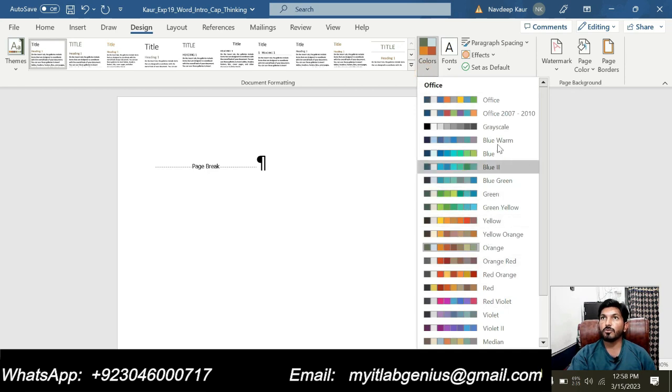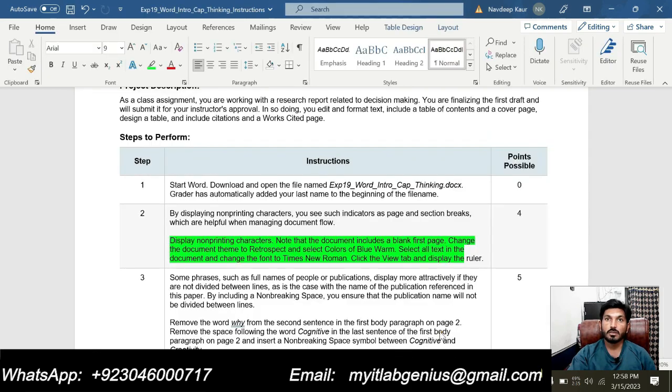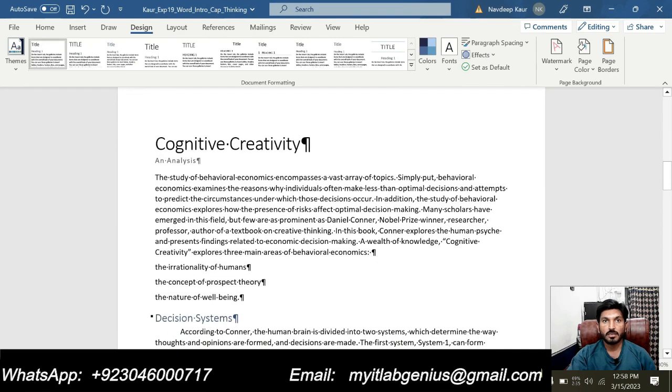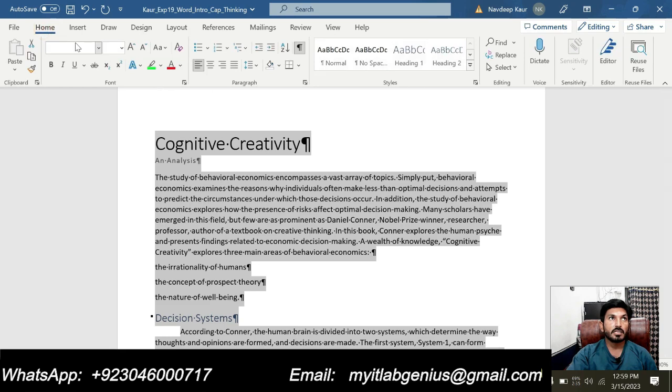And we will change the document color to Blue Warm. So let me look for Blue Warm. This is Blue Warm, this one. And now after this, it is saying to select all the text in the document and change the font to Times New Roman, then click the View tab and display the ruler. So now we will select all the text in the document. Press Ctrl plus A. So all the document text will be selected, and now we will change this to Times New Roman.